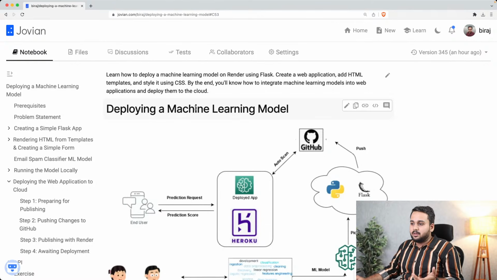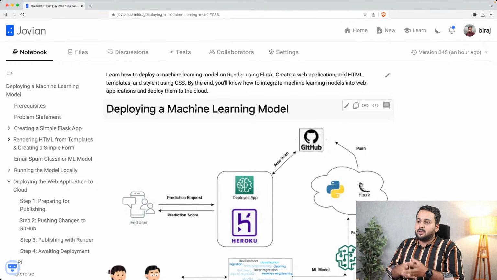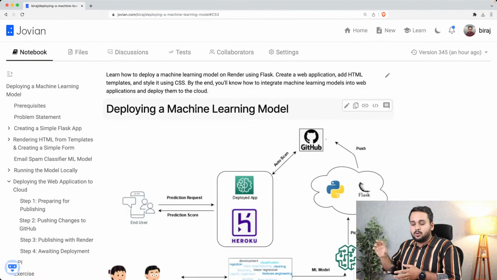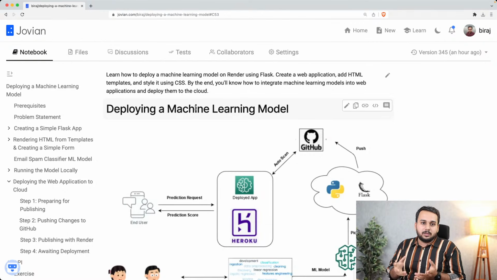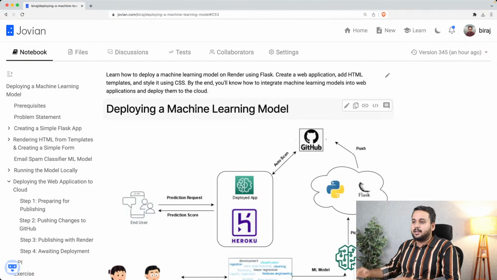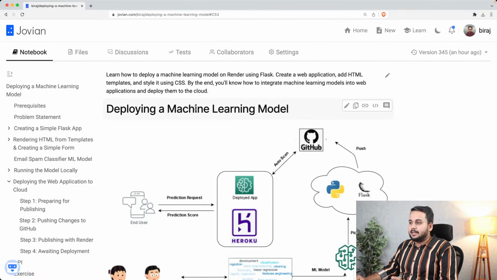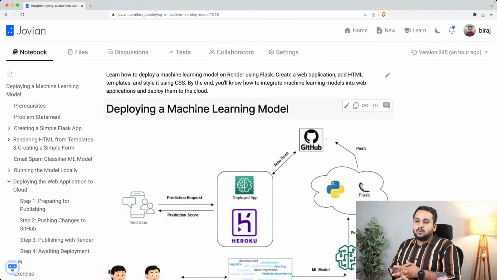We will be using Codespaces here, but there are different options for coding. You can use Replit or VS Code locally for the coding part, but I'll be using GitHub Codespaces as it is easy to set up. I'll just click on code here, go to Codespaces and say create codespace on main. Cool. Let that open, let that set up. I'll also have to